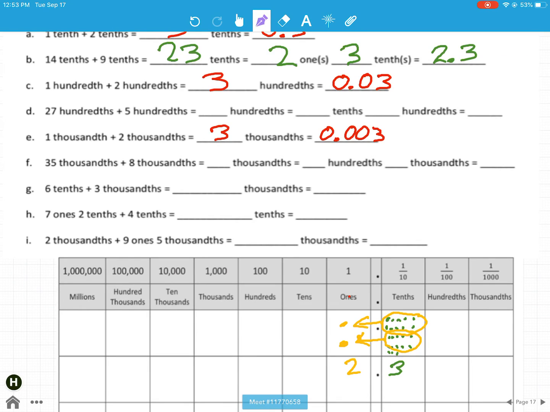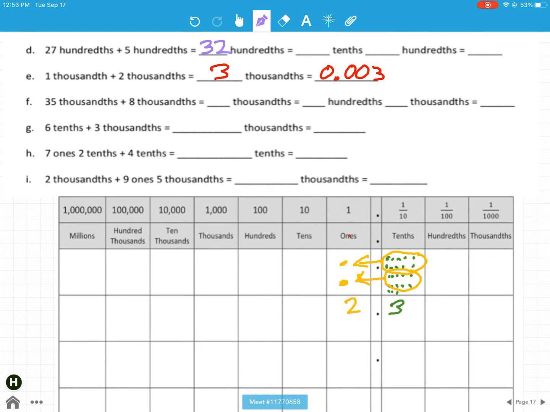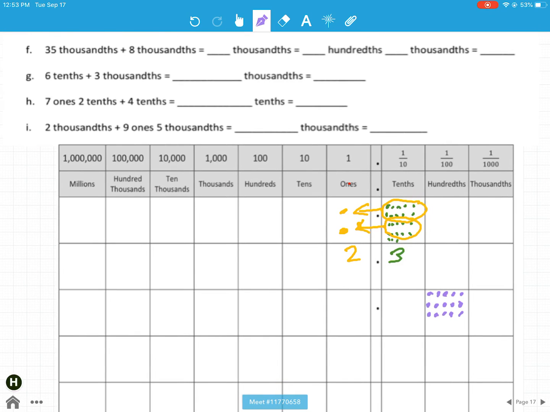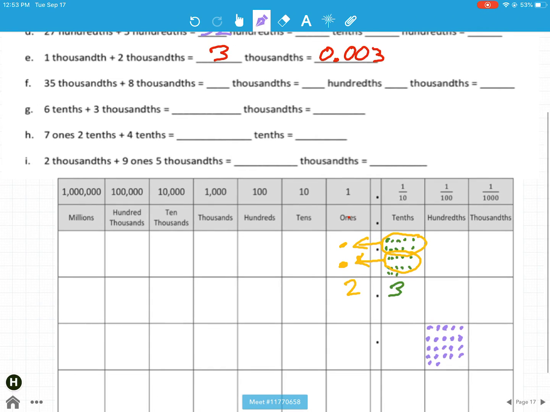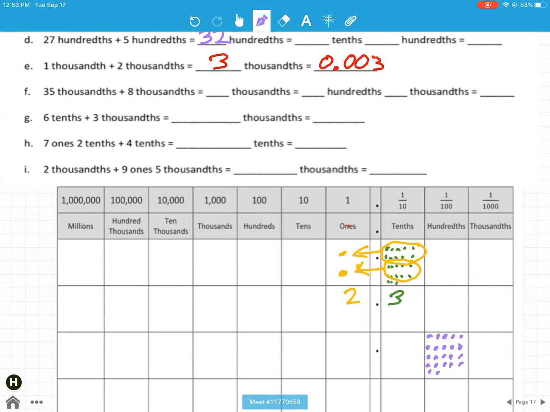All right, so now we're going down to 27 plus 5. Most of the students understood that this was 32. Again, we're going to decompose it. Same thing's happening here, but this time we have 32 in the hundreds place. I hope I can show you both. All right, and then again, we can group